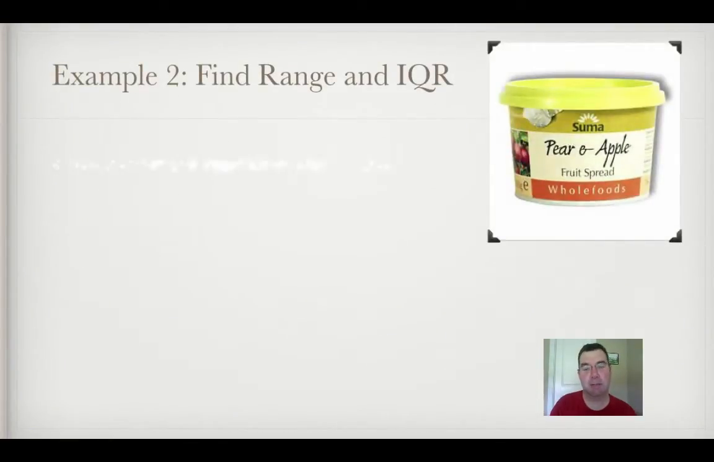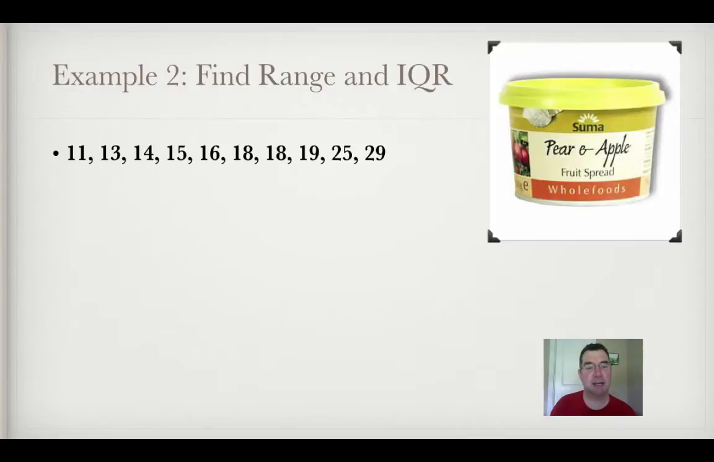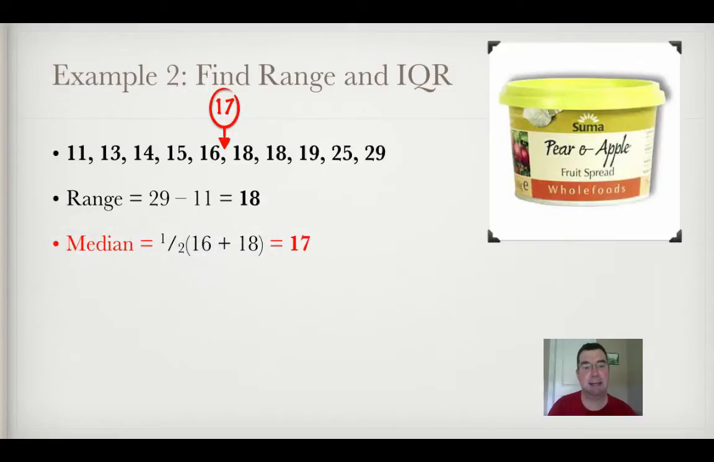I'm going to go through different scenarios so that you can see what happens. Here's another set of data, and it looks like I have 10 numbers in this list. The range is 29, the highest number, minus 11, which is the lowest number, and that's 18. The median is actually going to be 17 because there are 2 middle numbers, 16 and 18, and 17 is